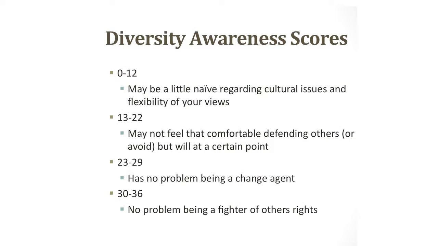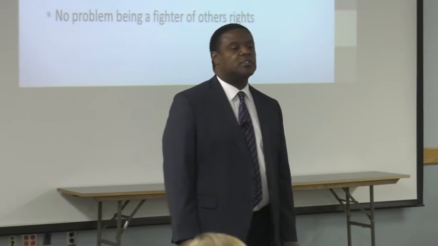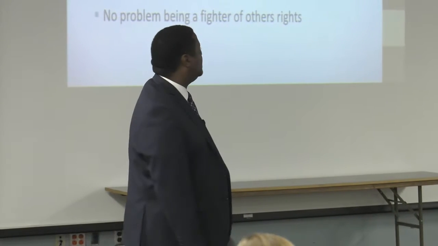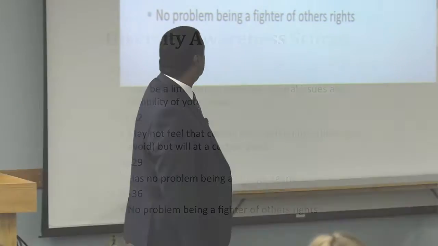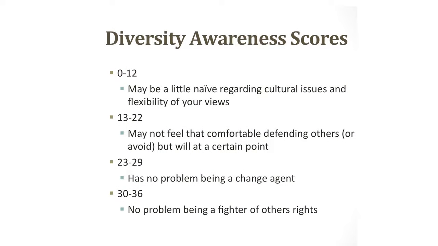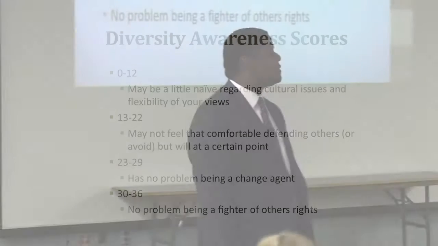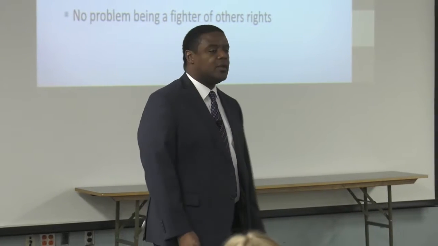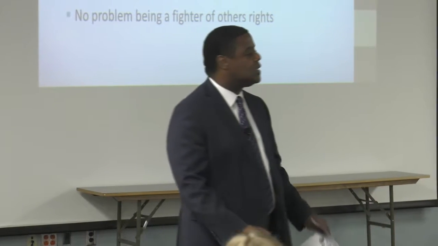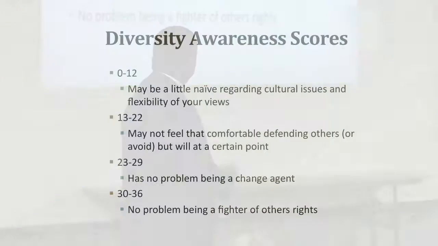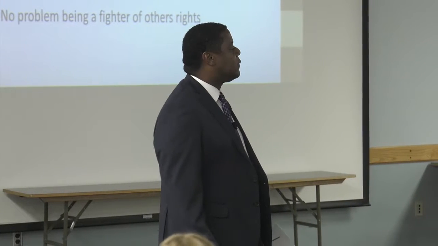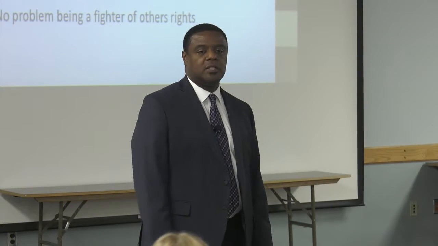13 to 22 may not feel comfortable defending others or avoid it, but will at a certain point. That's the population to where enough is enough. You try to be flexible and understanding of your workforce, but enough is enough, and you will defend it at a certain point. 23 to 29 has no problem being a change agent, meaning someone comes to you and says, this needs to be changed. It doesn't have to do anything with culture or race. It's just, hey, we could find a better way of doing things in this business. You're willing to listen to that and make those changes. And then 30 to 36, no problem being a fighter of others' rights. If you see something that is not right, you immediately jump on that and you correct those things because